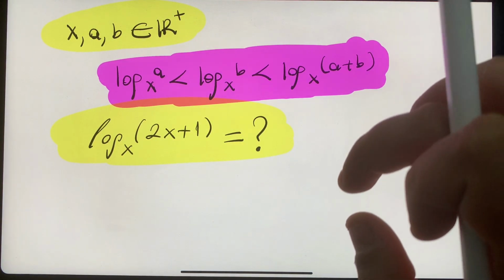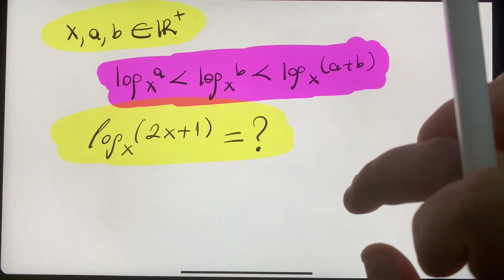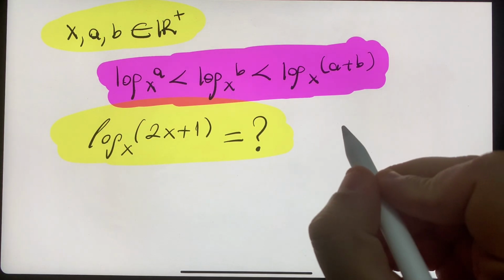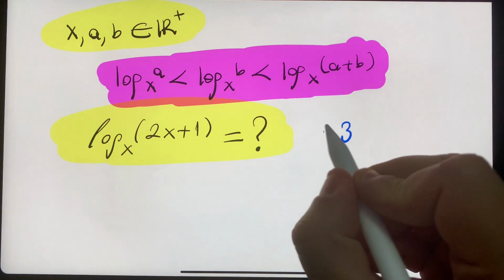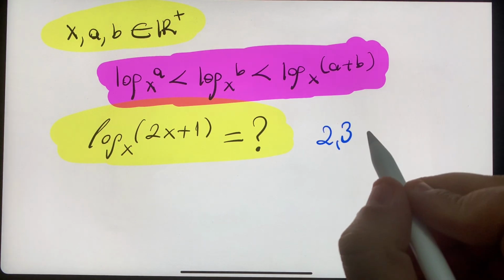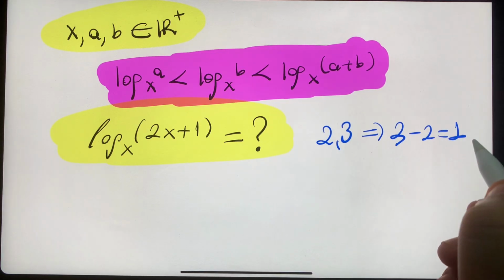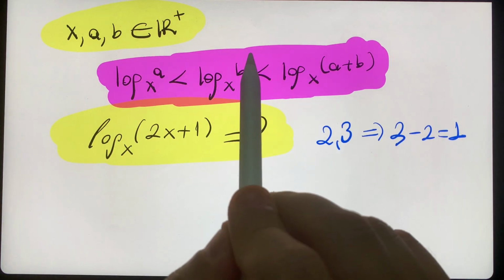Now what should I think about here first? What is the difference between consecutive integers? For example, let's take 3 and 2. These two numbers are consecutive numbers. What will be the difference between them? 3 minus 2 is 1. Then when I separate these,